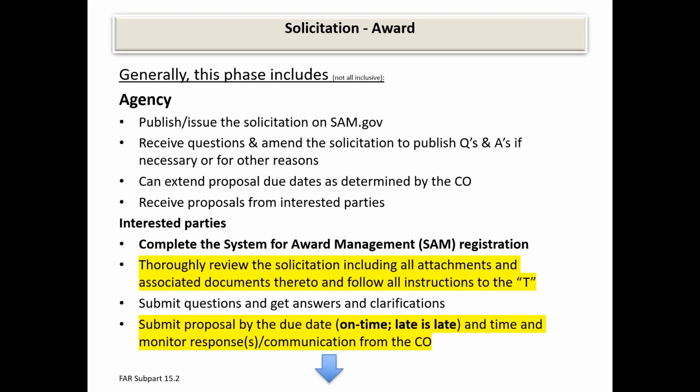So the next phase is the solicitation and award phase. Generally speaking, during this phase, the agency is going to publish the solicitation on sam.gov. And because the Department of Interior organizations sometimes use a site called FedConnect, if that is the case, generally there's going to be a hyperlink in the solicitation on sam.gov where interested parties will click on that hyperlink and then the system will direct them over to FedConnect. And there you'll be able to find all of the documents like the actual solicitation,